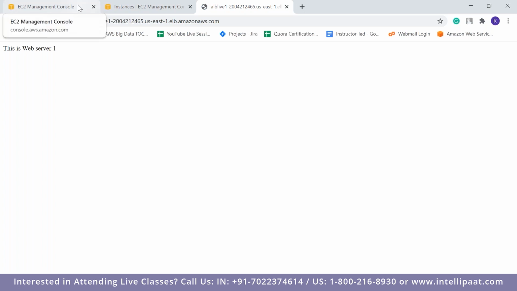So this particular ALB is associated with the target 1, which is web server 1 target group. So that target group is associated with the web server 1 EC2 instance. So anytime you refresh, it's going to take you to the same server because only one server is associated.